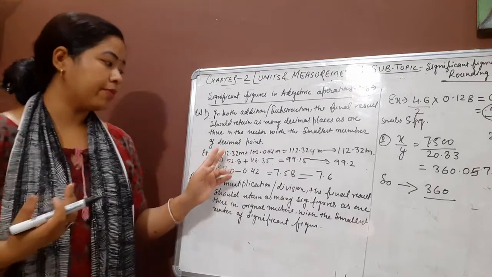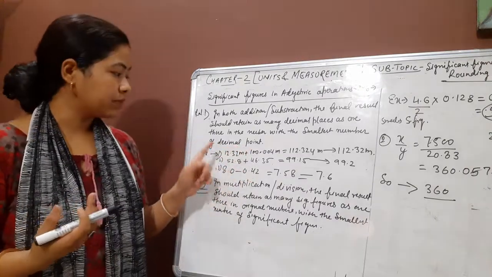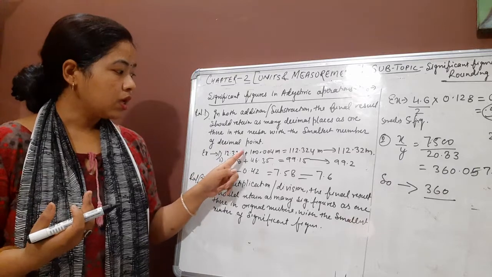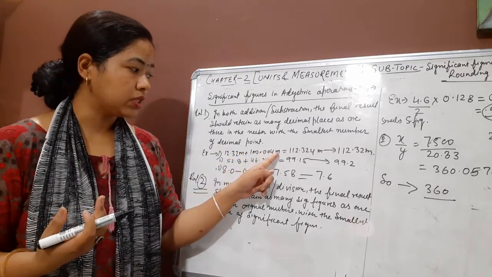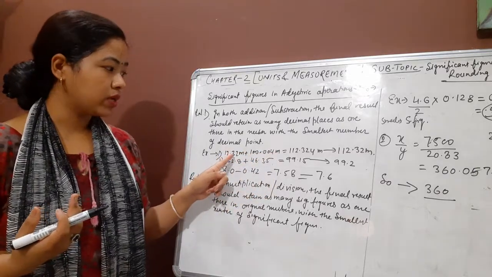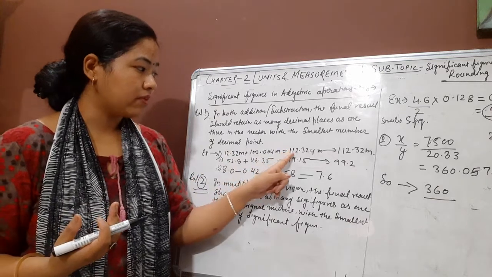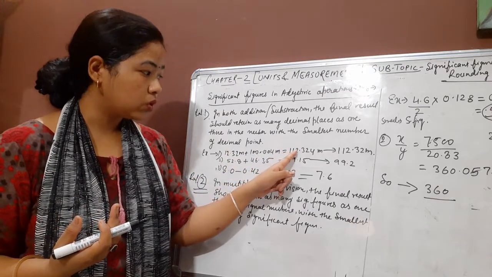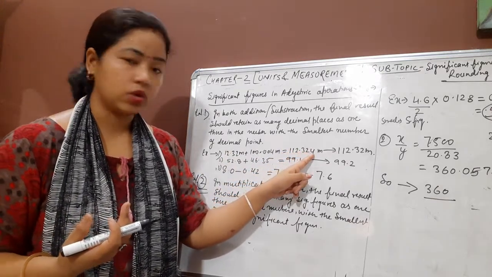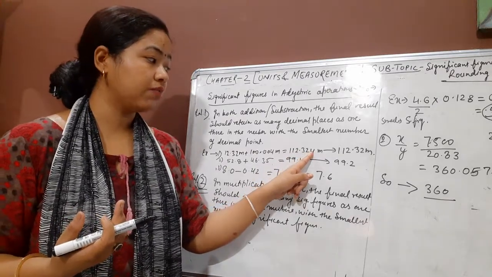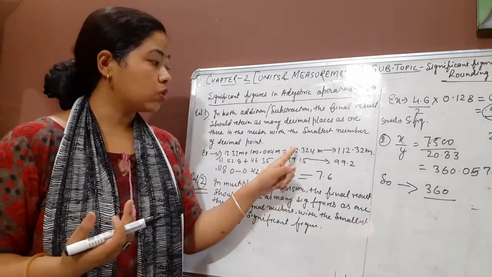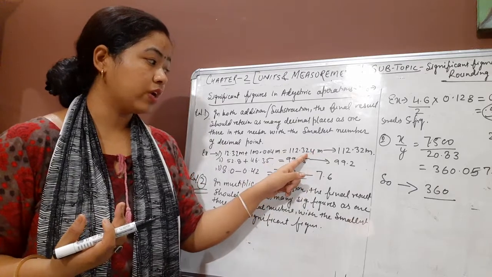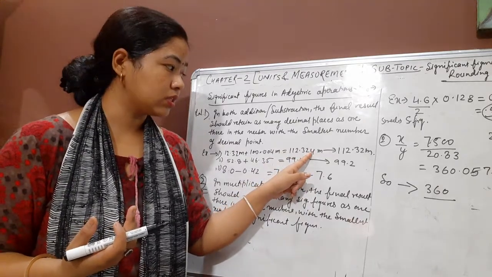With the help of the example, we can understand very clearly. That means if 12.342 plus 100.004 meter is given to you and we have to add both quantities, so the addition is 2.324. Now we have to just count the significant figures in this particular quantity. So how will we count? Should we count all the quantities or the result in the significant figure?